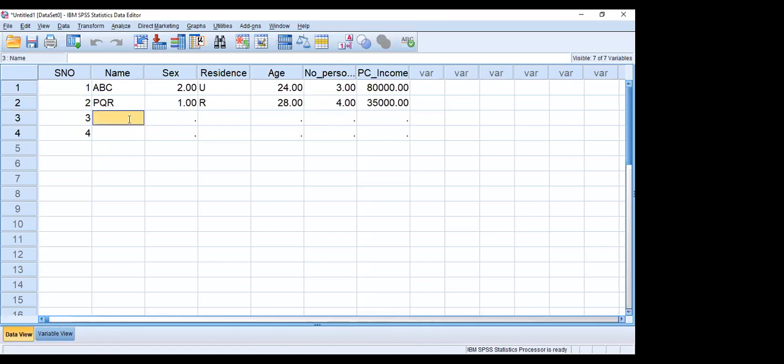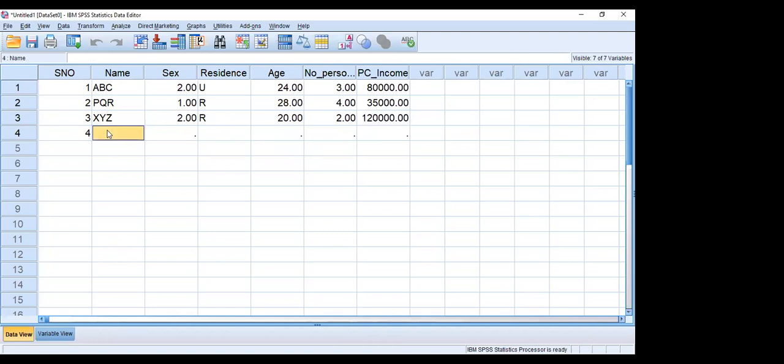Third say XYZ, female, rural, age is say 20 years, number of persons is 2, monthly income is 1,20,000.